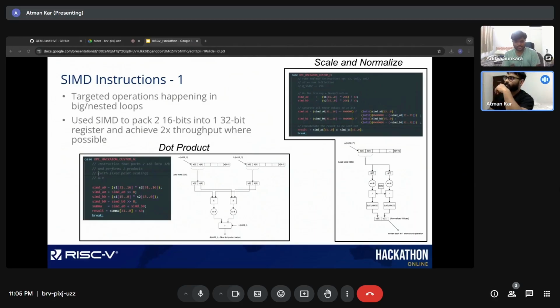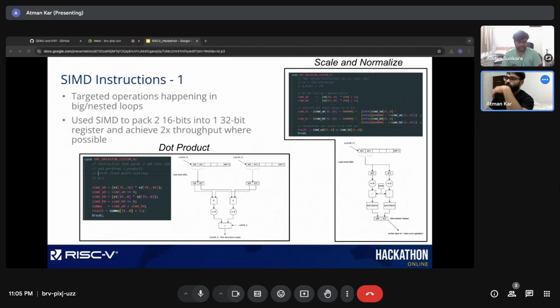So the idea is, I'll just explain one. For example, a dot product between two arrays. We do a single load word where we load in 32 bits, which contains two 16-bit values. Then we multiply those 16-bit values in hardware. We scale it by 8 bits because there are 8 bits of mantissa, and you want to scale it back to S7.8. Then you add it and you get your final dot output. And you can also accumulate it over the previous register. So that way you get an accumulation